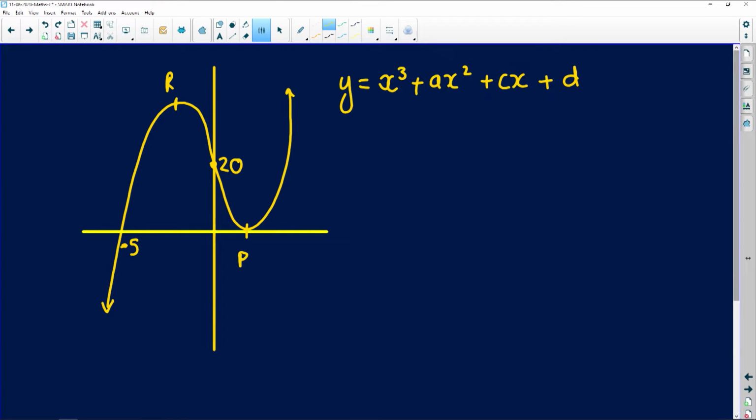So they've given us this curve, but what I find interesting here is there's 3 variables in that equation that they're going to ask us to solve. But they're only giving us 2 bits of information. They're giving us an x-intercept and they're giving us a y-intercept. And that is the trick. They want you